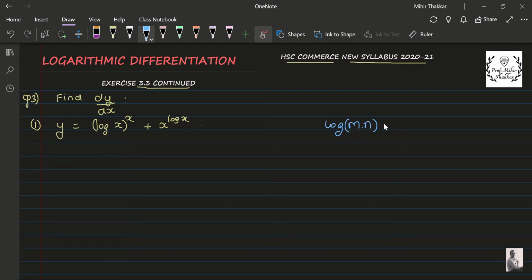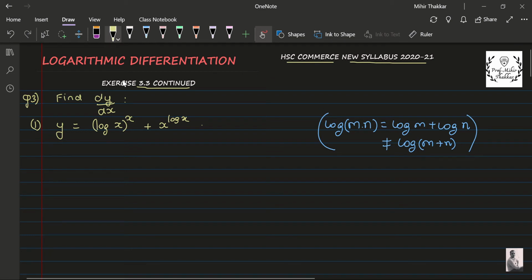log of m into n is equal to log of m plus log of n. But this cannot be equal to log of m plus n. Now because this is not applicable over here, direct log is not possible. So what we do is we say